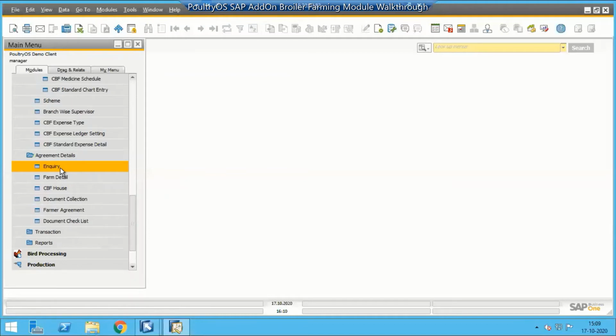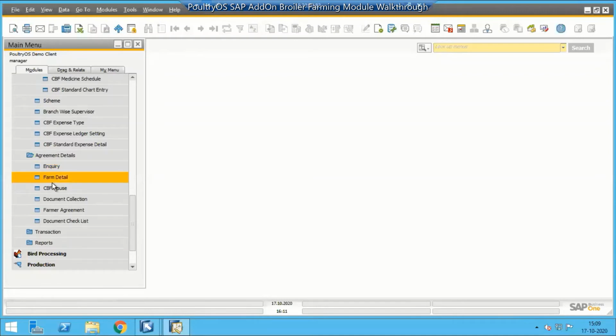On the basis of that inquiry, the manager can decide which location to enhance. Some people also come to your office and say they are ready to do business with you. That inquiry you can also fill. In future, if you want to track how many farmers are available in our area, you can also do that through the inquiry.